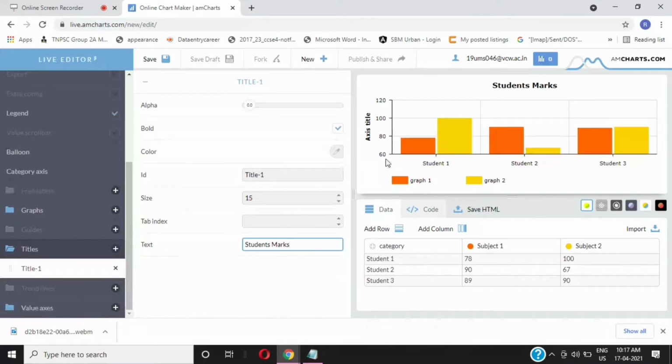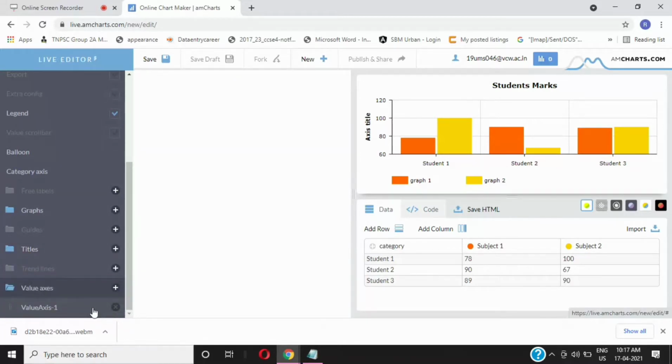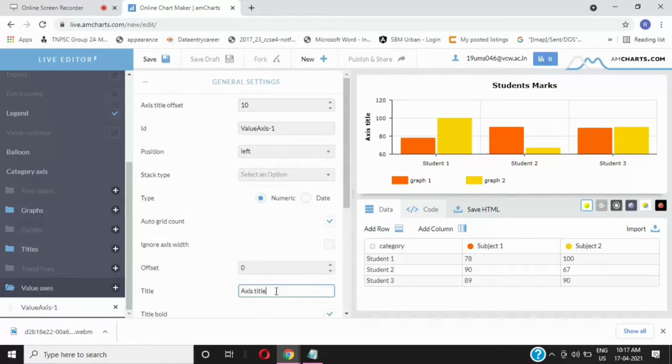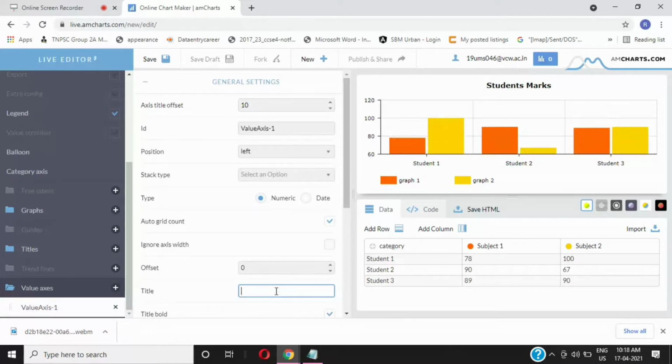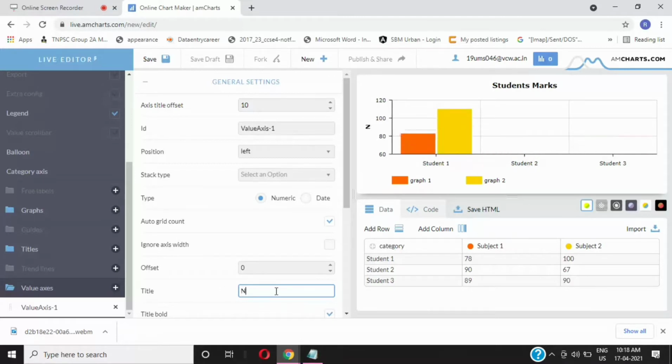Now it has been changed. To change the axis title, click value axis and click value axis 1. So clear the axis title and give your axis title. So it has been changed.